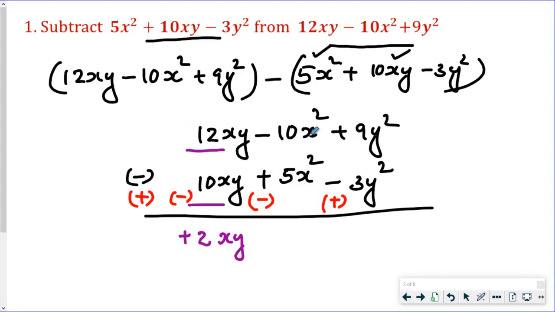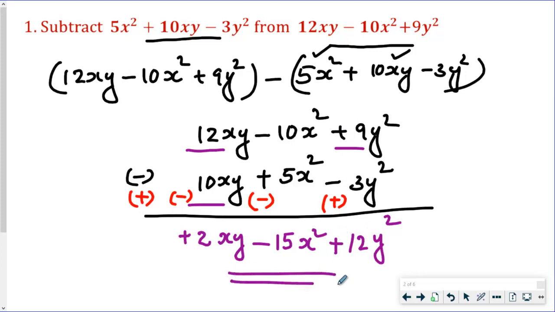Now similarly, next term, this is x square, we can write x square as it is. Now minus 10 and plus 5, not plus 5, here also minus 5. Both signs are same, so we can add 10 and 5. If you add 10 and 5, our answer is 15 and the symbol is minus. Now the last one is y square. You can write y square. Then here you have to take the numbers plus 9 and plus 3. Both have same sign, so we have to add. If you add 9 and 3, our answer is 12, and here both having plus symbol, so we have to